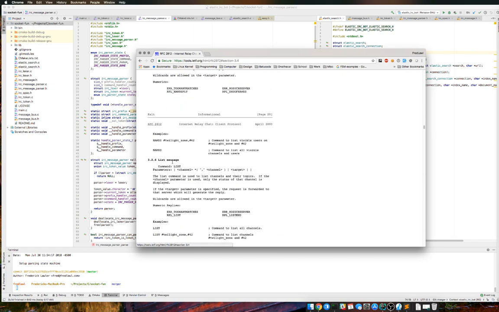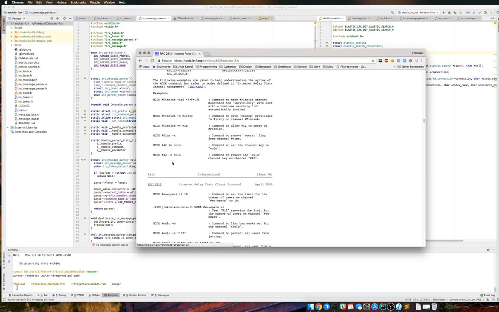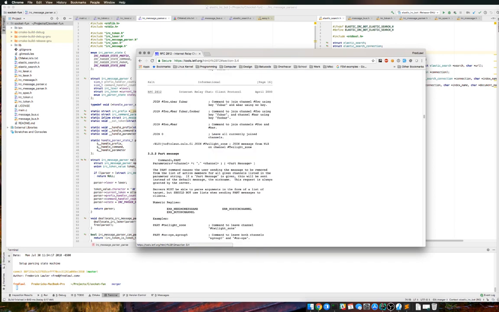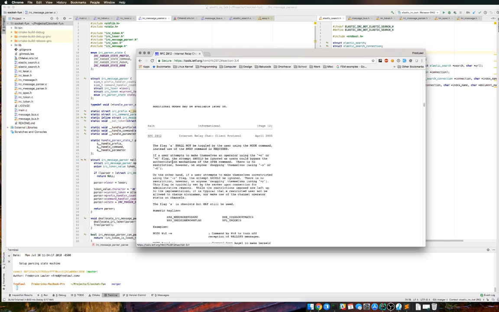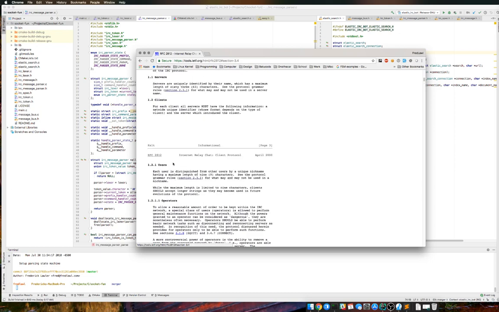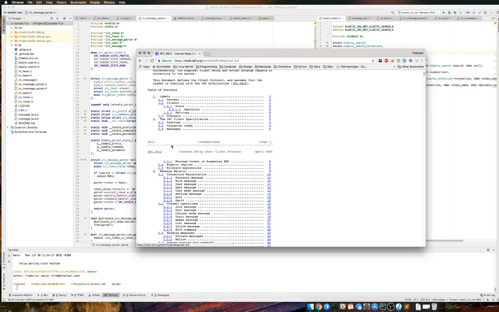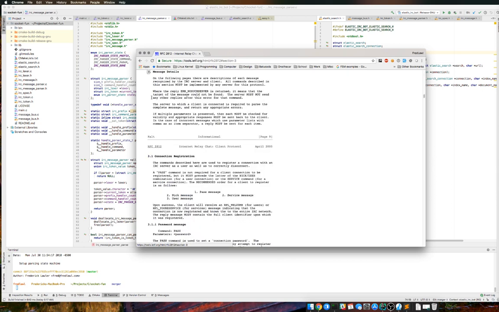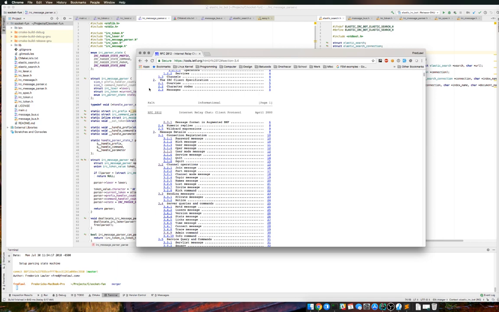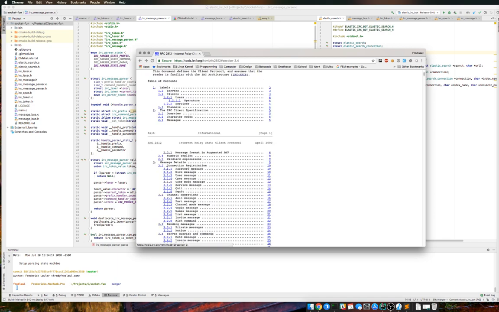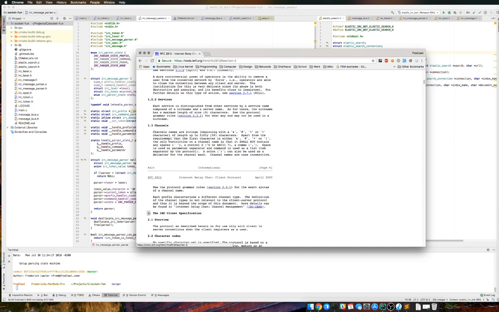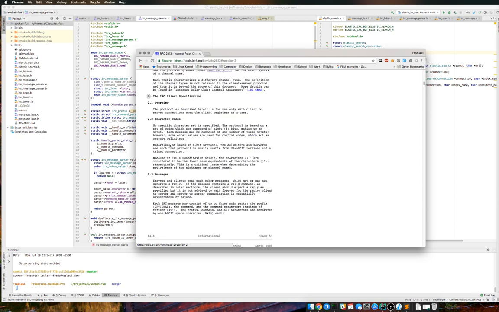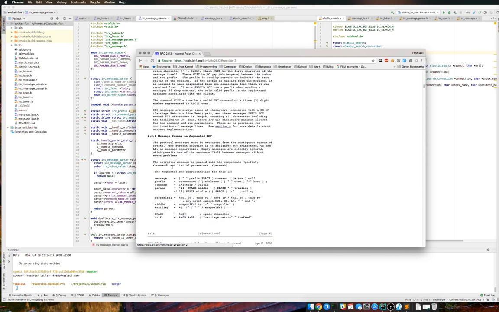Not that one. Where is it at? Okay, I definitely scrolled past it. Message details. Is that it? No. Oh, I can't see. Client specification was underneath 2. Here it is. Okay, so